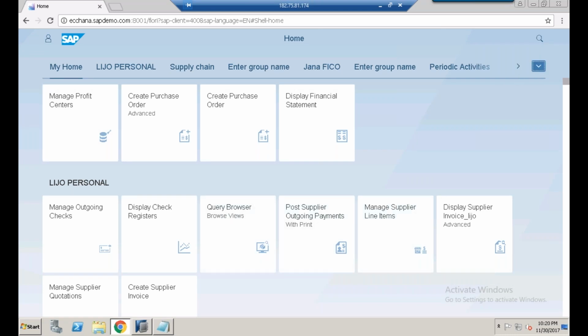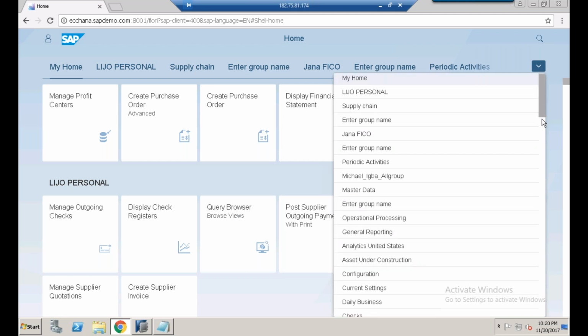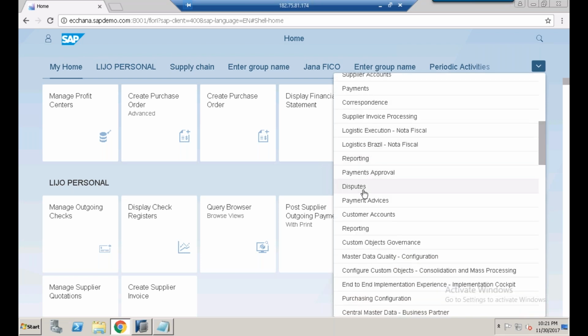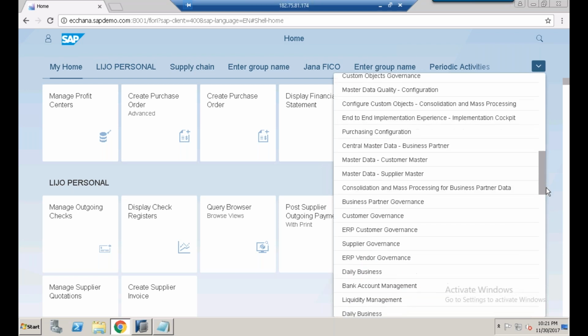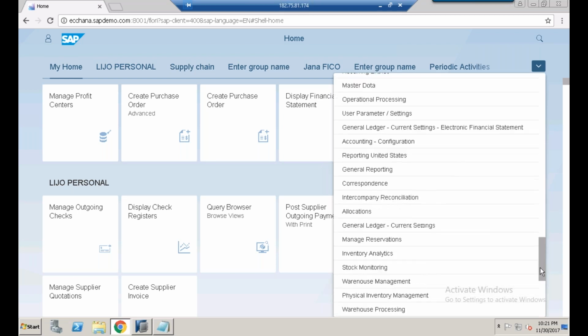And also you can notice over here there are different configurations with regards to different applications like operational processing, general reporting, configuration, logistics, dispute, payments, customer accounts. So this is on the front end part, on the SAP Fiori, controlling master data configuration. So this is the front end part.